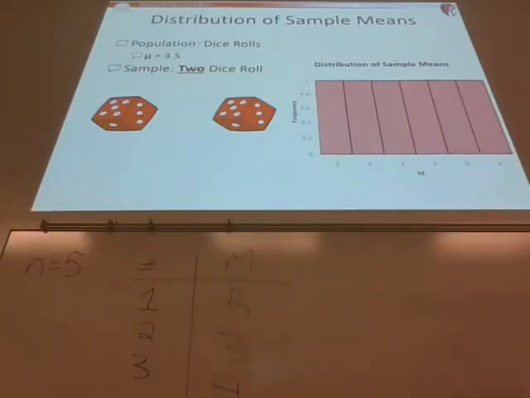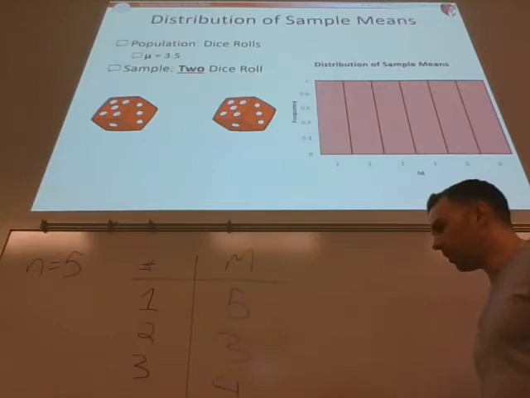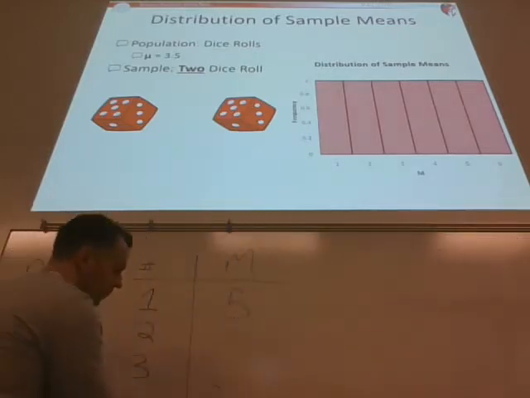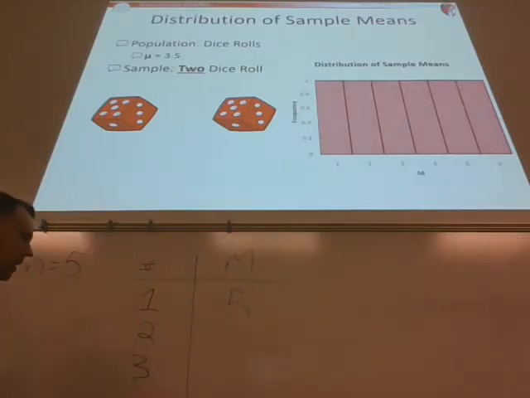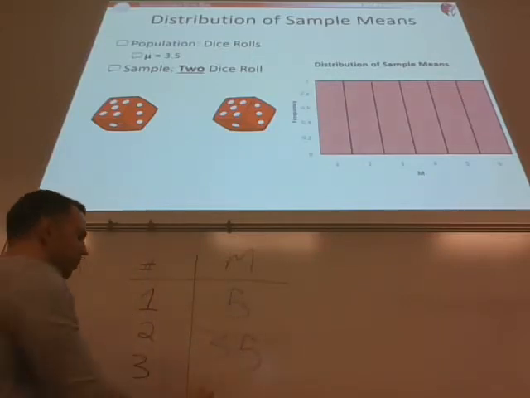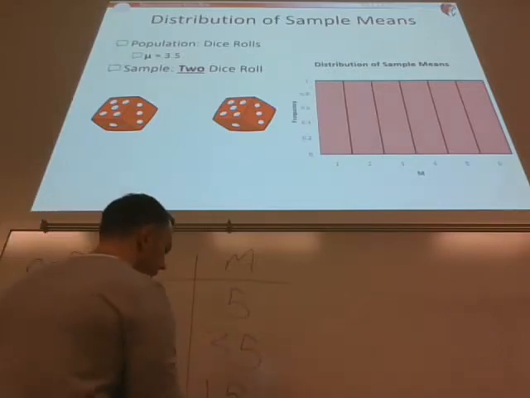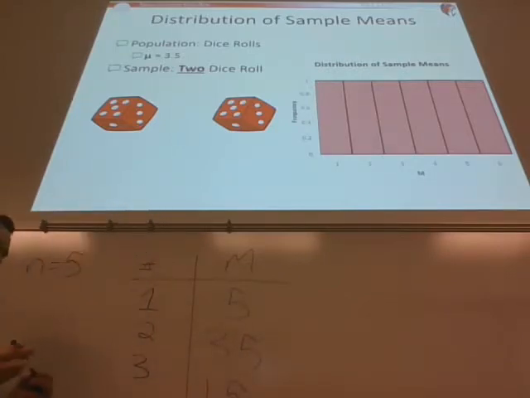So we take 2 dice, we roll them. If 2 5s come up, we're like, what's the average of that? 5 plus 5 is 10 divided by 2. We get an average of 5. We roll it again. We get a 6 and a 1. Average of 3.5. We roll it again. We get a 1 and a 2. Average of 1.5. We roll it again. We get a 4 and a 2. Average of 3. We roll it again. We keep doing this for every possible